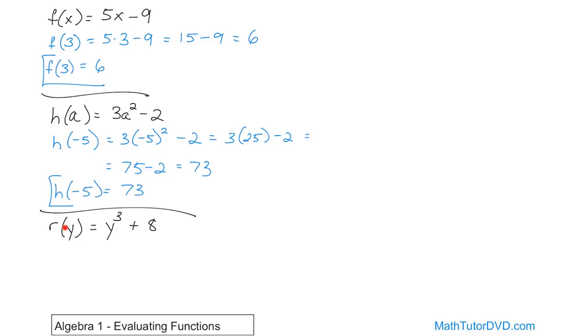And it's a function of y. Y could be the size of the raindrop or something like this. And whatever I have here, I need to have some sort of equation on the other side or some sort of expression that involves that variable. Here I have y cubed plus 8. Now this is definitely not a line because it doesn't look like mx plus b, but it still can be a function. Now let's say that we want to evaluate this function at y is equal to negative 3. That means we stick the negative 3 in here. Negative 3